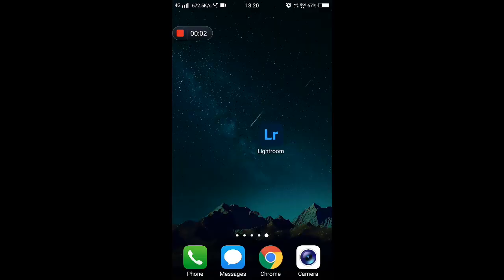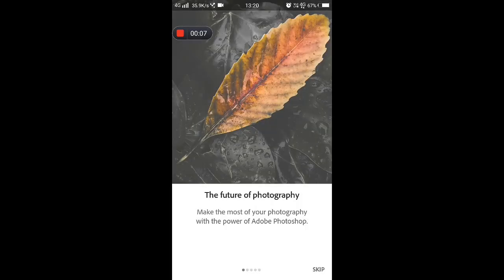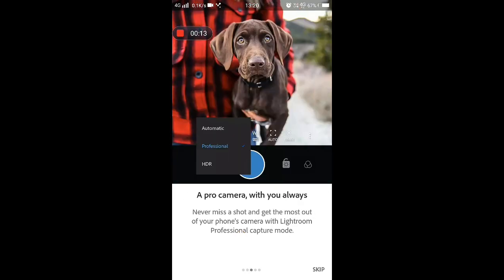Hello friends, now we see about the Lightroom editing app. This is the photo editing app. Okay, this is available in Play Store. See, skip the button. Okay,